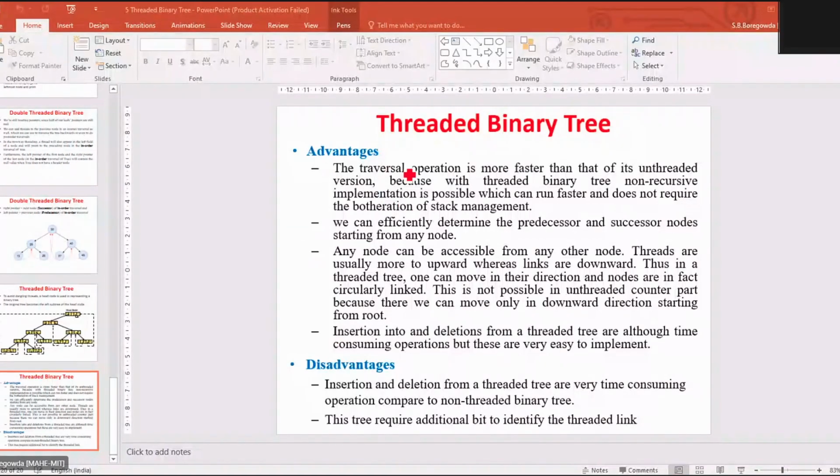Okay, now how we are going to do means, you have to apply the single left rotation this way. If you do the left rotation at this point, 1 is going to become the left child of the 2. Then the 3 remains the right child of the 2. So this is the resultant tree after the single left rotation.